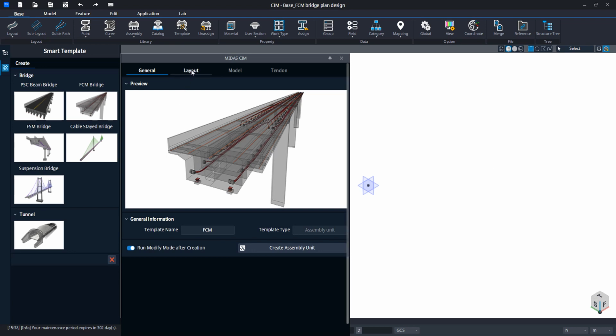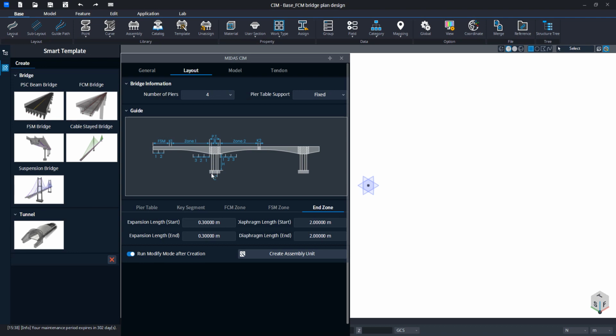So we will have 4 piers, similar with 88 meters for the first span, and then 130 meters for the next three spans, and then the other one is 88 meters for the end span again,